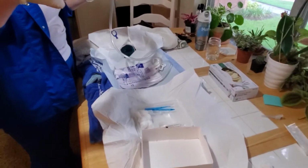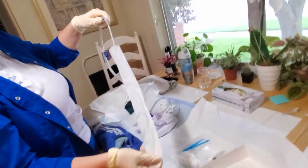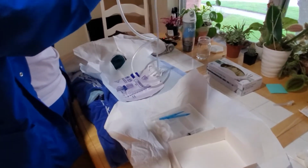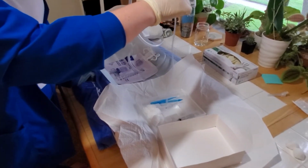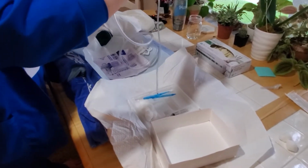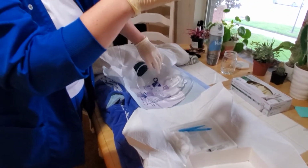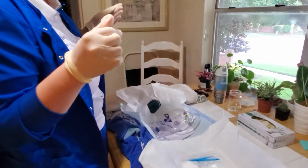Okay. All right, so now I can slowly remove this. Place that in the lubricating jelly. I'll just leave it here. So I'm gonna leave it right here for now. Sterile field. And now I will